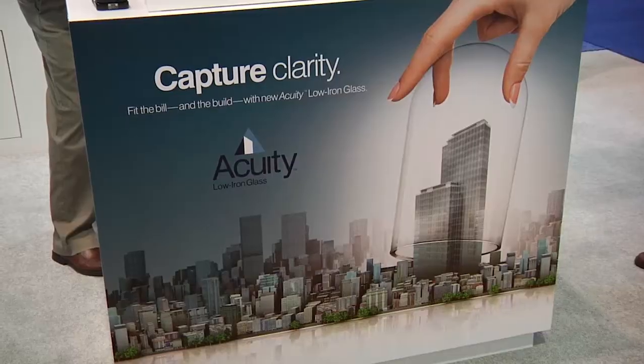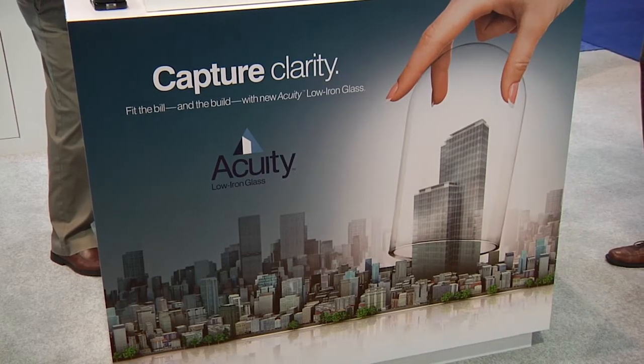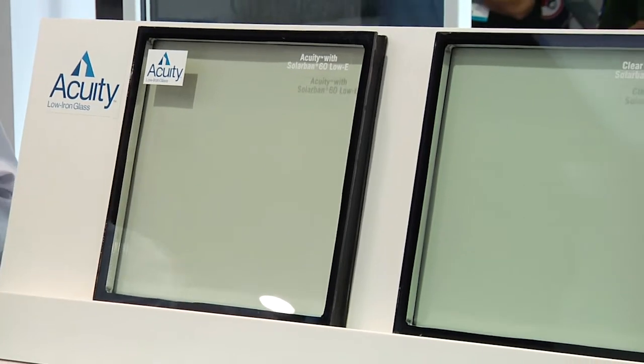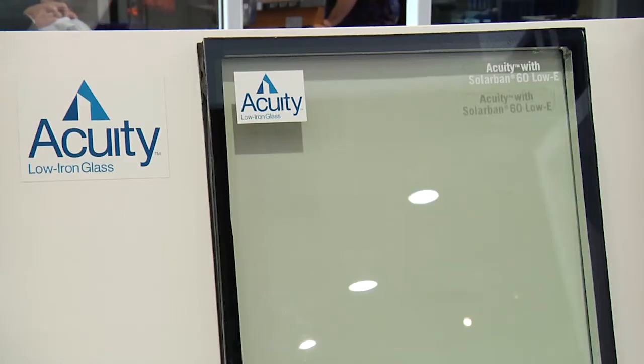So this year we're exhibiting, in fact we announced it at this show, Acuity Glass, which is a low iron glass that eliminates the green for vision and spandrel glazings. It doesn't quite have the same extreme purity of Starfire, but it's much more affordable than Starfire. So we know from talking to architects that Starfire suffered value engineering on large commercial projects, but you can